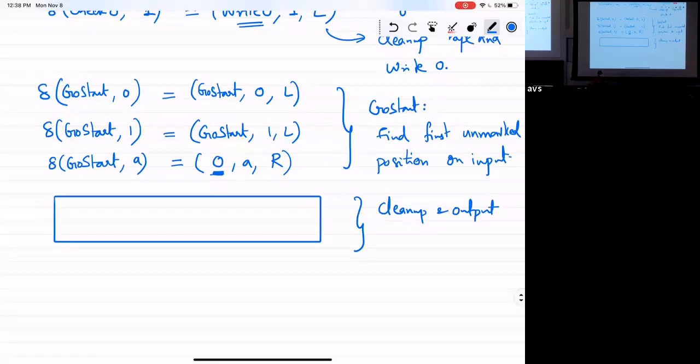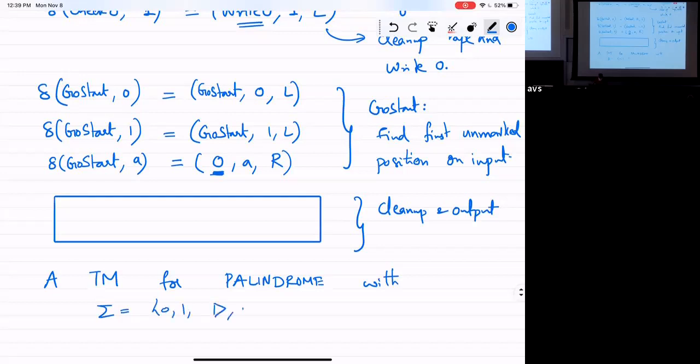Those can be specified as another code block. Okay? The good thing here is that you can kind of break up the instructions into small sets, at least, which will help you understand that. And at the end of the day, if you do all of these things, you can find a Turing machine for palindrome with alphabet 0, 1, A, and number of states is 10. Okay? So there is a way to do this.